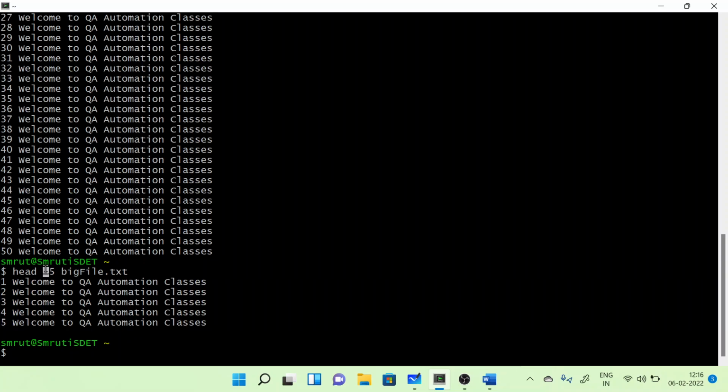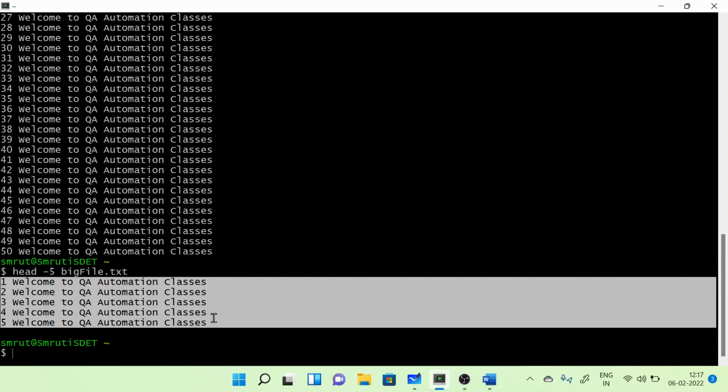So -n means number of lines. From the head, the starting of the file, give me 5 lines from this file. So it printed 1 2 3 4 5. It's fine. So similarly this is -n. And the second one is